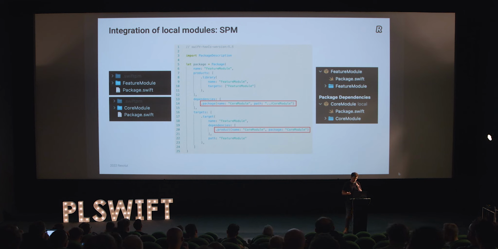And then on the right, what you see is what happens when you open the feature module project. In this case, Xcode is creating the dependency, and what you see there is both the packages. Nothing crazy. The problem with this approach is mainly 2. First, you don't have control of the build phases. You cannot add build phases here, and that's many times critical for teams because you have to run some SwiftLint, you have to run some tracking. There is always something you have to do when triggering a build.